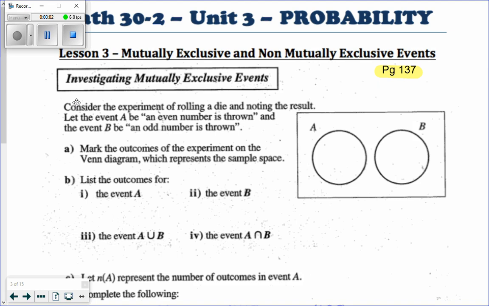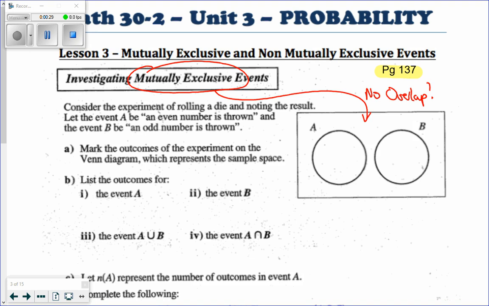Okay, so page 137 is where we talk about this. Essentially, you've got mutually exclusive and non-mutually exclusive. Essentially what it is, mutually exclusive, they have no overlap. Okay,